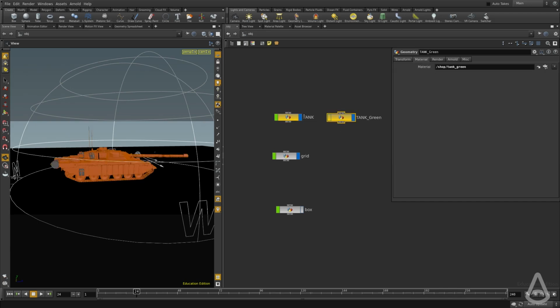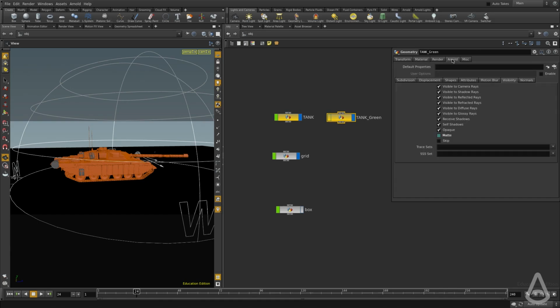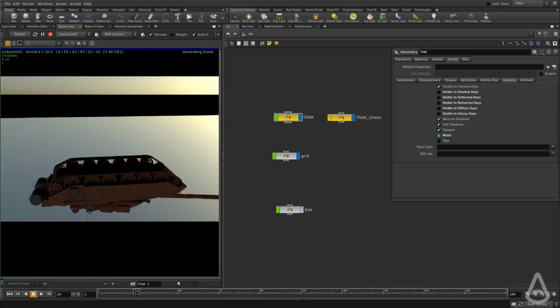And on the other tank, the green version, I'm going to go under the Arnold tab, and I'm going to uncheck visible to camera rays. So pretty much we have the inverse, but I kept the receive and self shadows for both of them because we want both of them to cast shadows. Then I'm going to go back and hit render, and now what's going to happen is we're going to see the